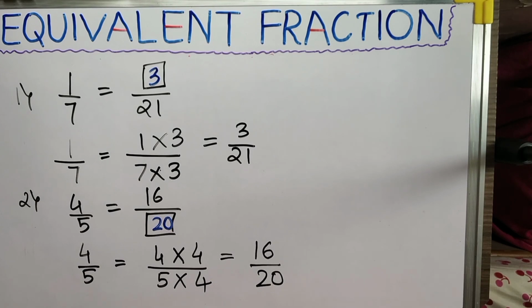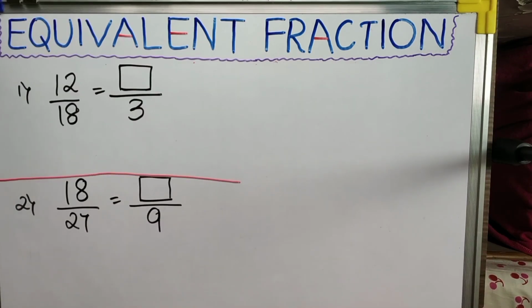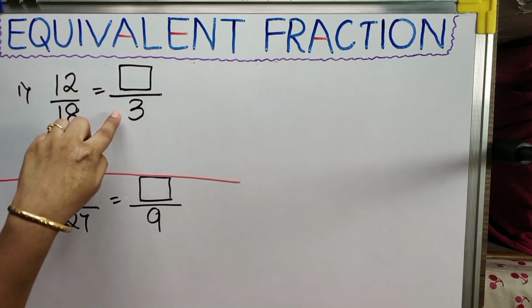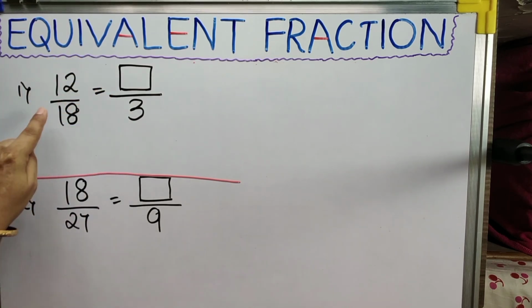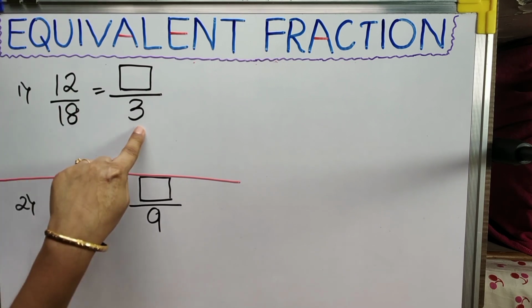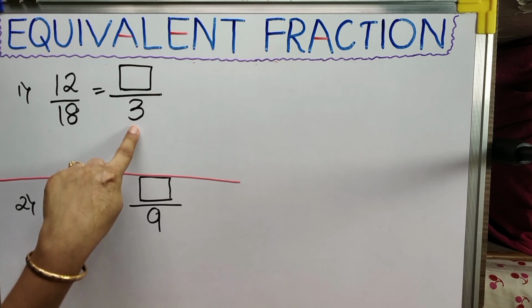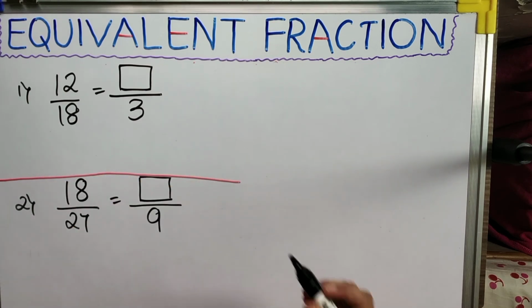So now let us see how to make the fractions equivalent by the division method. Equivalent fractions can be obtained by dividing the numerator and the denominator by the same number. For example, let us see this. Here it is mentioned 12 upon 18 is equal to blank upon 3. We need to find the numerator here, the denominator is given. Over here the denominator is 18 and we need to make the denominator 3. And how can we make the denominator 3? Only if we divide 18 by 6, since 3 6s are 18. Here you can even find it in this way.